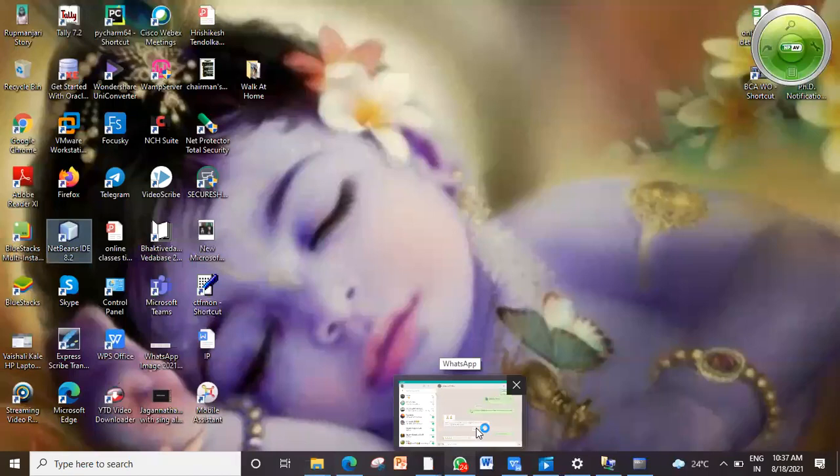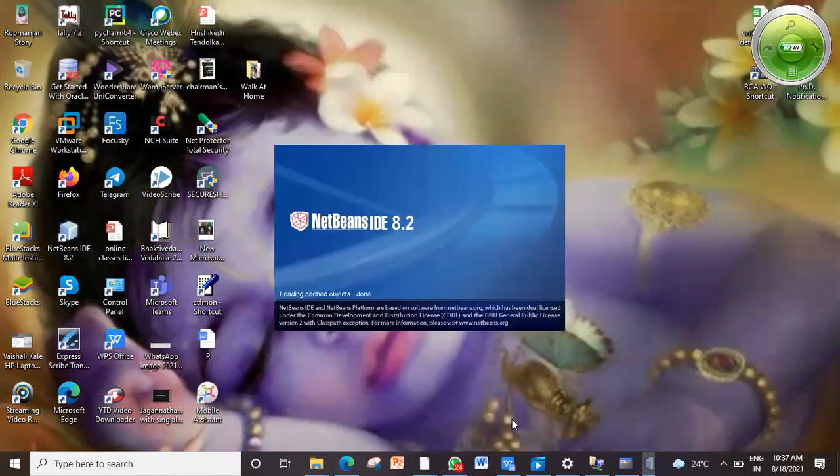Any doubt? What is prepared statement? Statement to execute SQL statements with parameters. How are the parameters indicated? With which symbol? Question mark. How are the values to the parameters substituted? Which method? Set and the data type. How many parameters does that set method have? 2. First is the index. Second is the actual value to be passed. Clear?